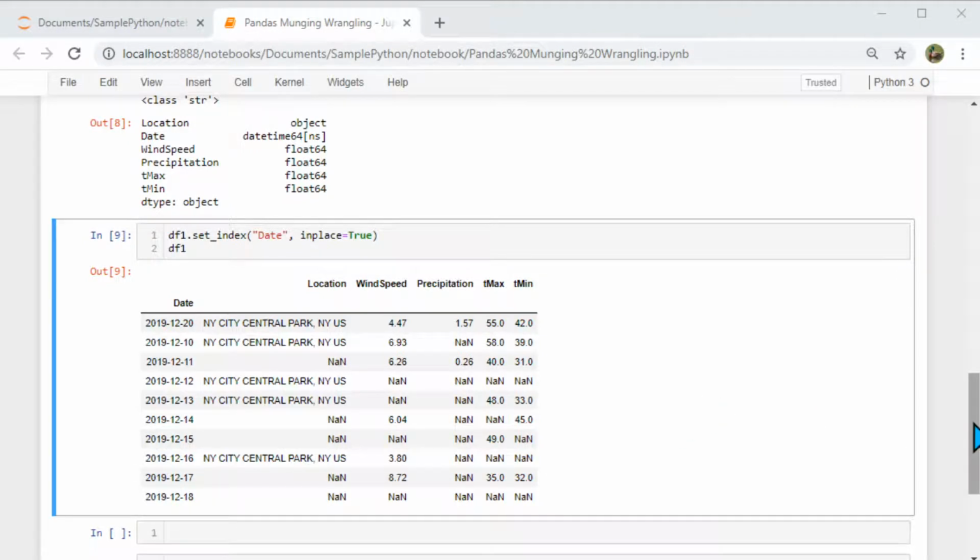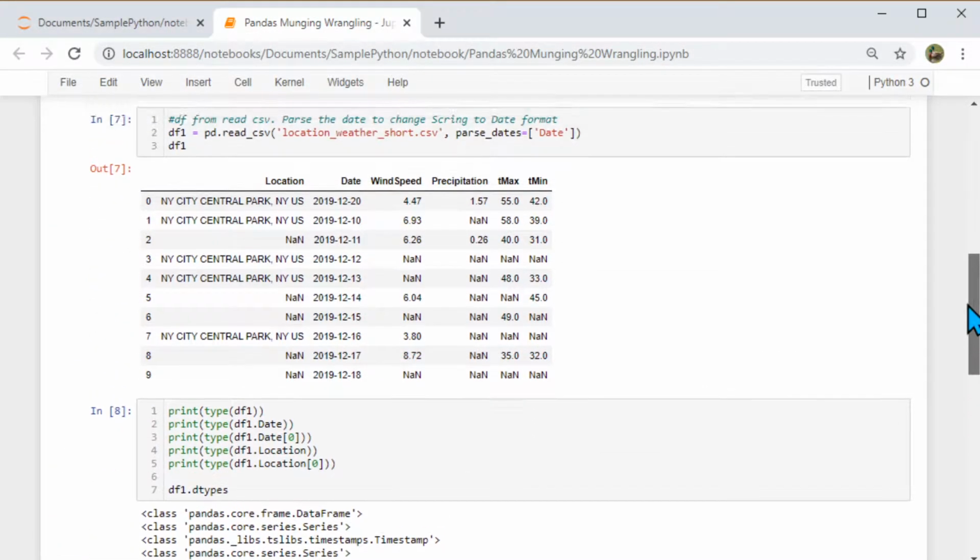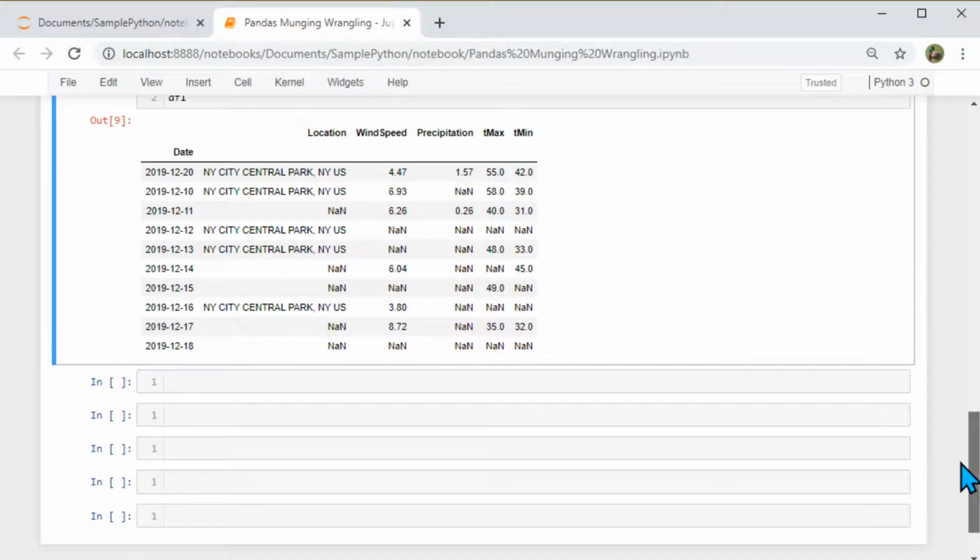And previously we had a running index here, 129, and now that has been removed and we have a date index itself. Okay, now that we have seen how to change a date index and all that stuff, let's go ahead and see how we can fill the empty ones. Okay, we see a lot of NaN, but we want to fill them